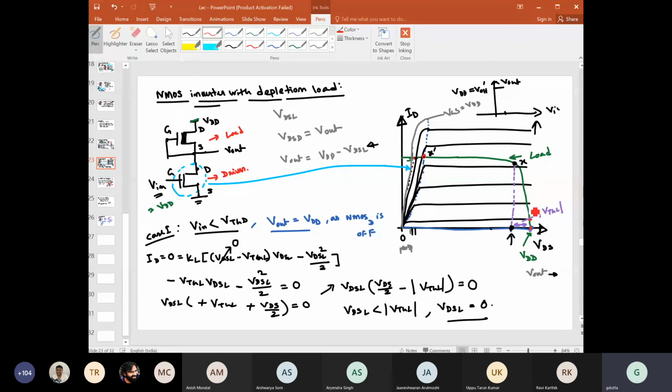then the Q point is this, then the Q point is this, right? And what are the outputs here? Output is close to VDD, this is close to VDD, this is close to VDD, this is also close to VDD, right? Okay. But what will happen after that? Immediately you increase V in a little bit more, it will shift from here to this region, and now the output is close to zero, right? So that is the reason, because of these characteristics of this load, you are getting a very sharp transition from this output high side to this output low side, right?